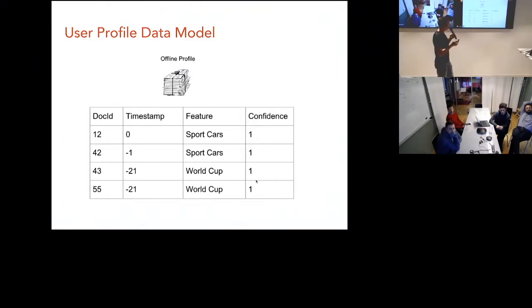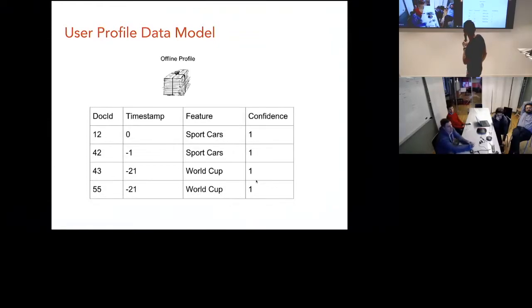We have some kind of timestamp, so I simplified it. The first interaction is today, a kind of day offset. The second is yesterday, and the last 2 are 3 weeks ago. Of course, for each document we keep a set of semantic features we collect using NLP techniques. In this case, I only put 1 feature, a kind of category. So he read today and yesterday 2 articles about sports cars, and 3 weeks ago he read about the soccer